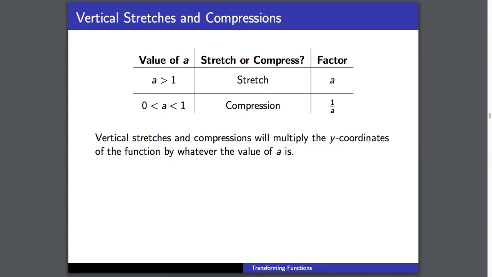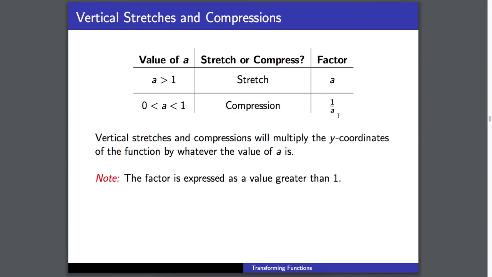So vertical stretches and compressions, as we saw, are going to multiply the y coordinates of our function by whatever the value of a is. And again, the factor will always be expressed as a value greater than 1. If it's already greater than 1, that's the factor. But if we have something like a half, we take the reciprocal of a half, which is 2. So 2 is greater than 1. And that's because now the points are twice as close with compression, twice as close to the x-axis as they